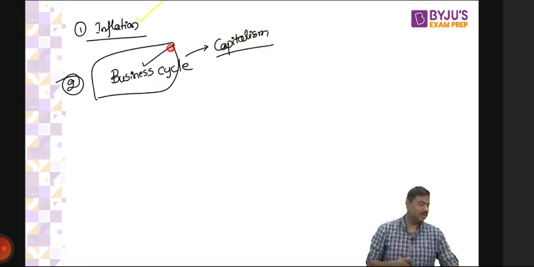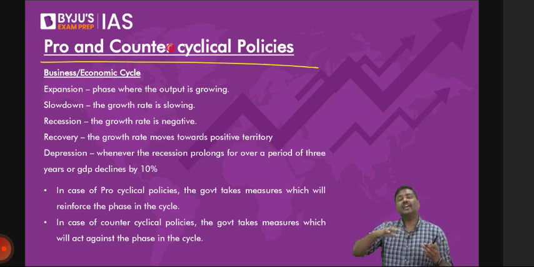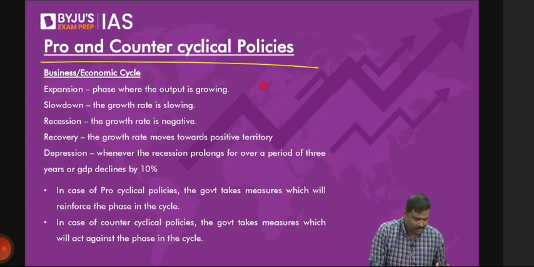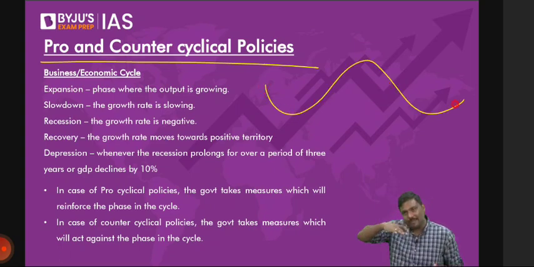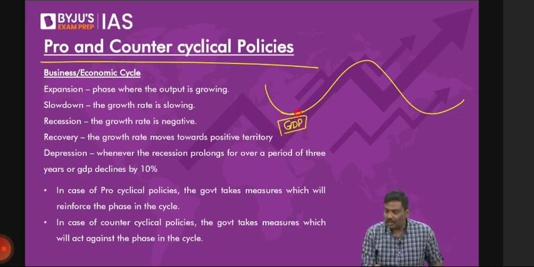Please look at it. Whenever you talk about the economy, the economy will keep on moving in different phases, just like a sound wave like this. And what is the wave that I'm representing here? Imagine this is the GDP value. GDP value will not always keep on increasing. At one point of time, it has to take a hit, come down.